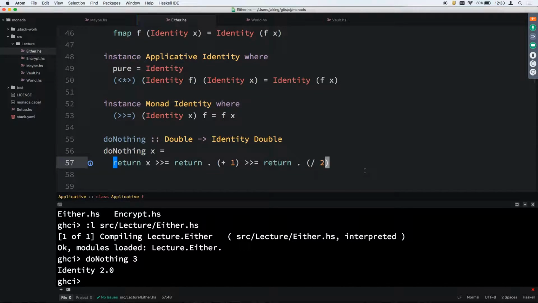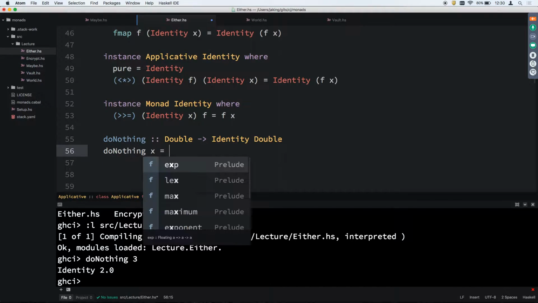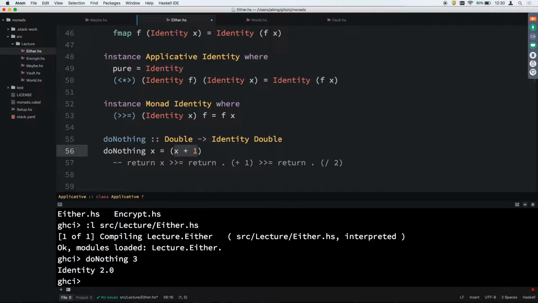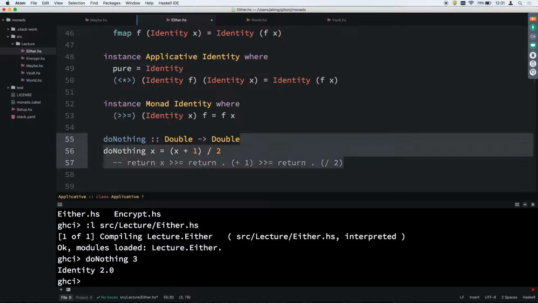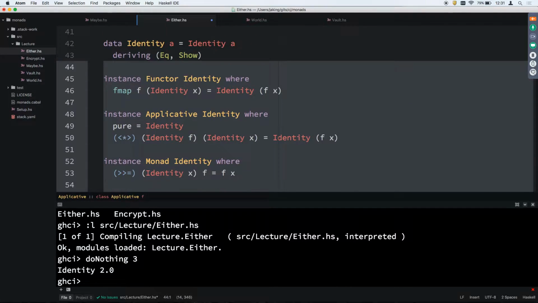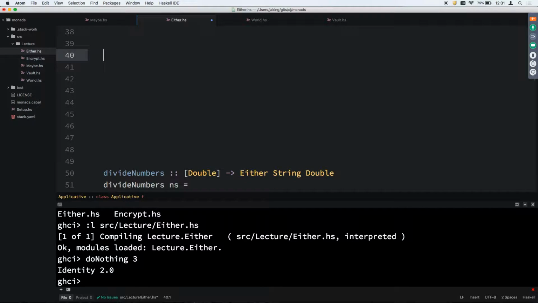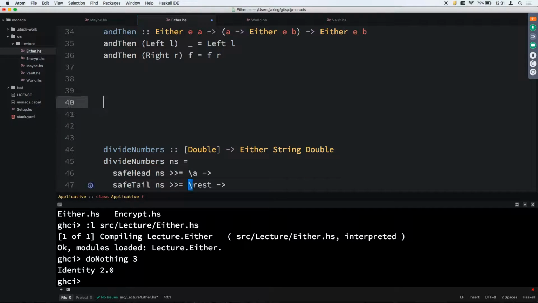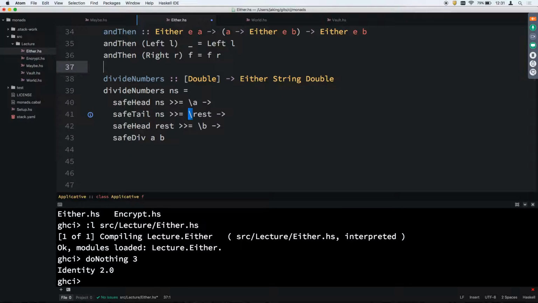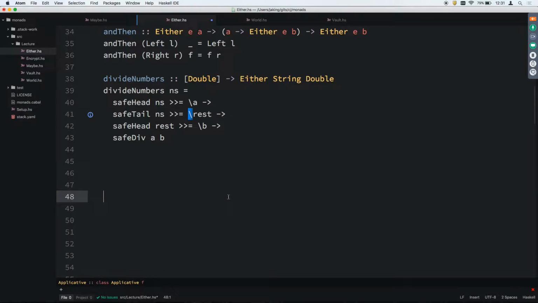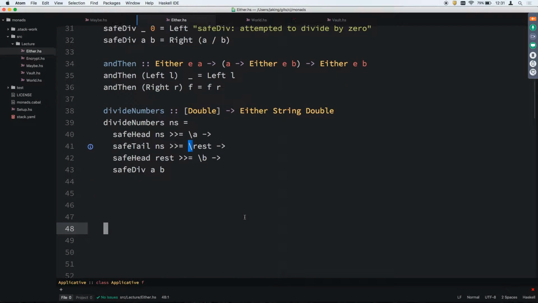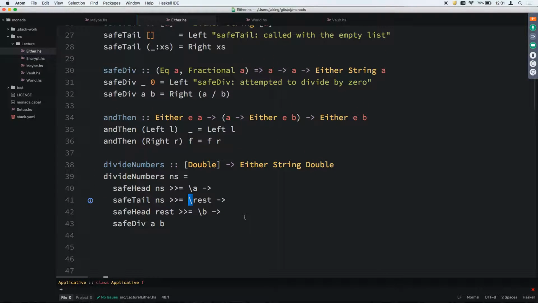And again, you would never write this, because if you're literally doing nothing with all your monads, you would just write x plus 1 divided by 2. That's what any sane person would do for this function. But you can if you really want to get crazy. I almost feel like people often start with showing off the identity monad because it's the simplest possible monad, but it's so meaningless that you don't understand why it would be useful. So whatever. Anyway, getting back to what I was going to talk about,